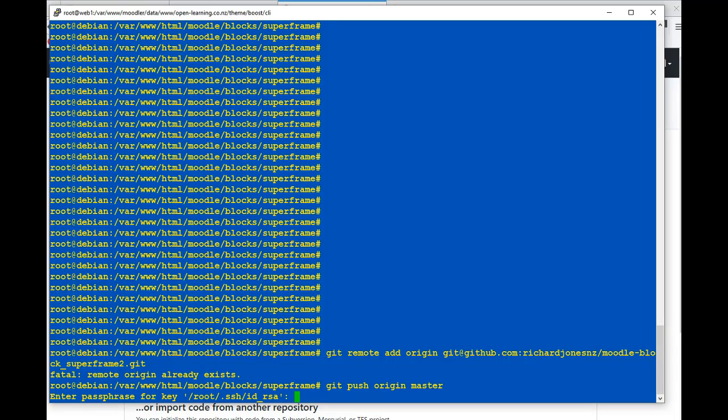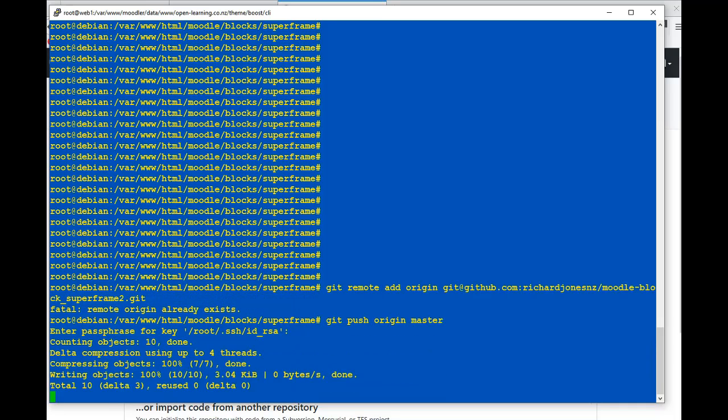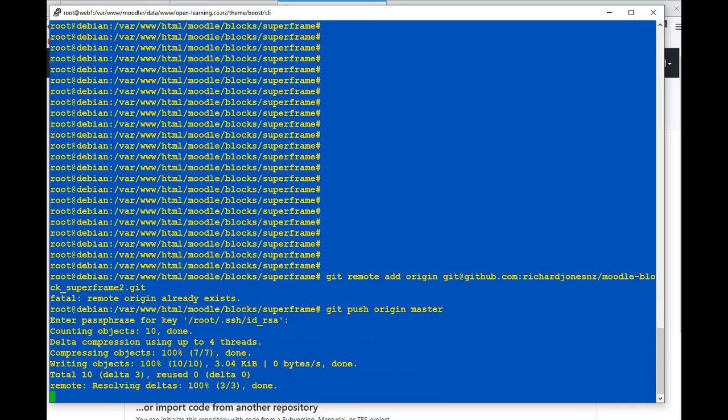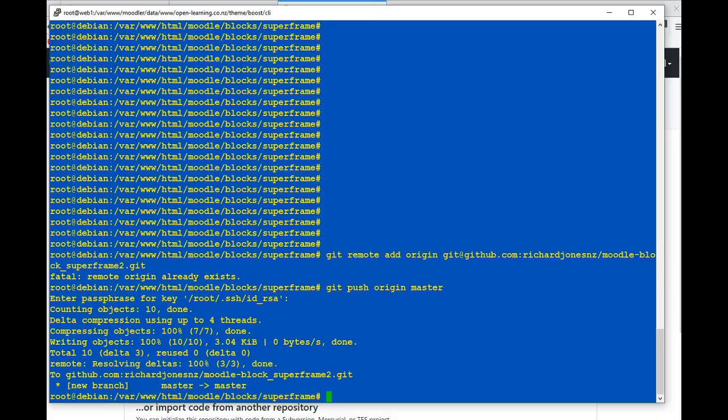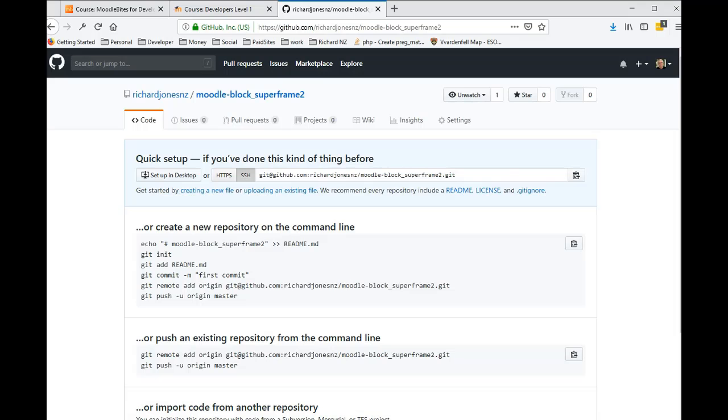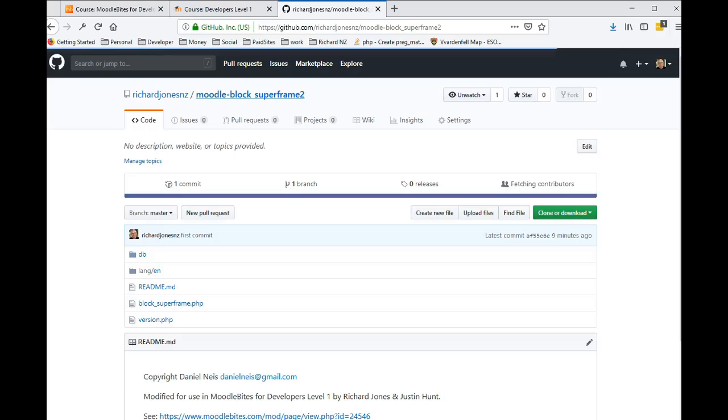There are ways to save your passphrase. We'll leave that for now. Alright, and if we go back towards GitHub and look at the repository, click the repository name, there it is. Okay, I'm going to create